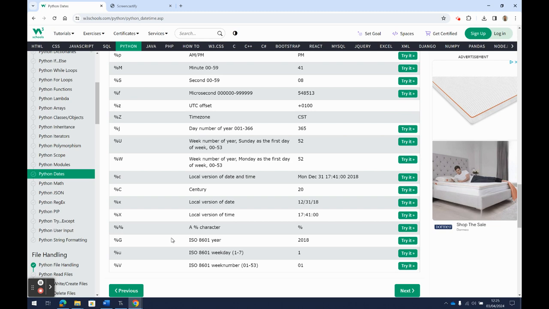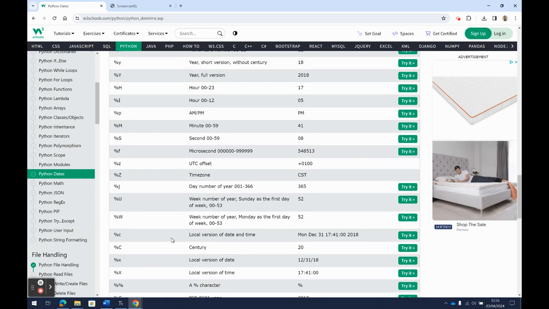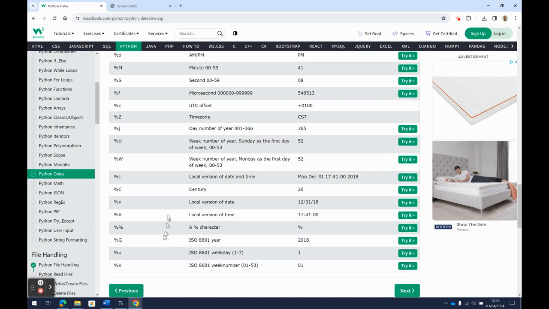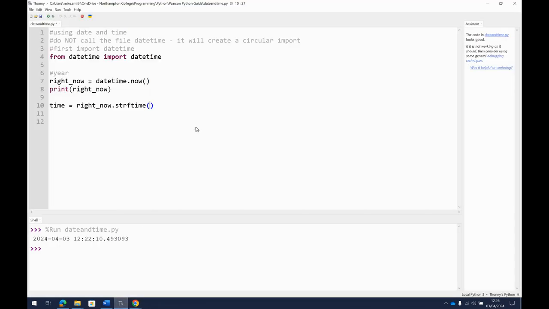So if you just want to make the whole thing look better, then all you have to do is use these, and you can use them individually, or you can use a colon to basically use them at the same time. So remember, it's a string, so we have to put it in quotation marks. But all I have to do now is use my percent sign and decide what I want. And then in between, I just use colons. So I'll show you what it looks like. So I'm going to go for capital H, capital M, and then I'm going to go for